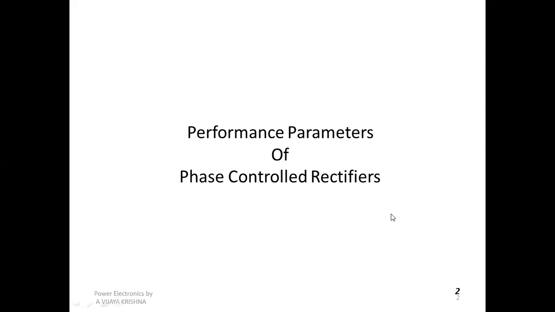For a single phase half controlled rectifier, one thyristor is used. For a single thyristor, only during the positive half cycle will the thyristor turn on. Otherwise it is in reverse bias, which is the turn off position. Whenever the thyristor is forward biased, with the anode made positive with respect to the cathode, only then does it get turned on.